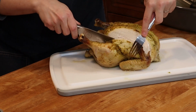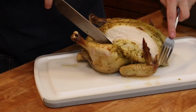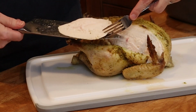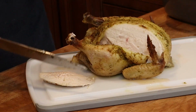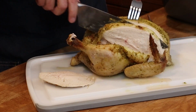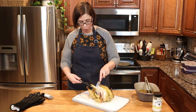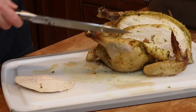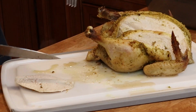Ooh. That is a moist bird. Do you see the moisture still in that bird? Oh, I'm amazed right now. Okay, I'm gonna take another slice off. Wow. Whoops, don't let it fall. Wow. Okay, I'm pretty amazed right now. I don't know if you can see how moist that is, but we're gonna have to